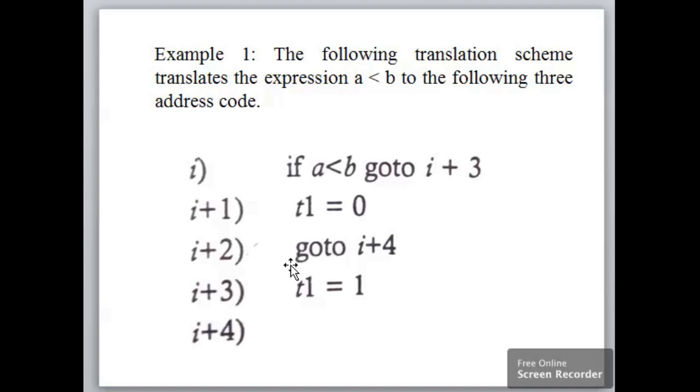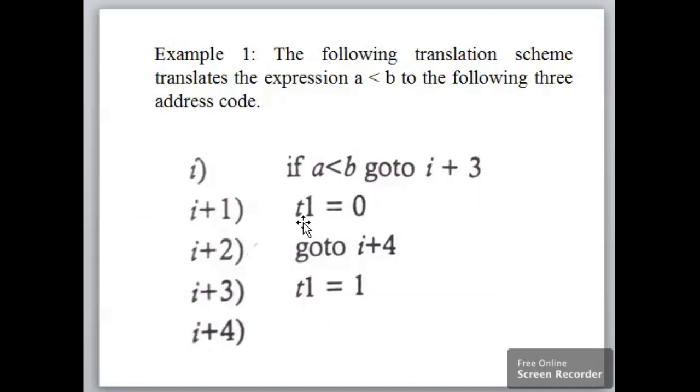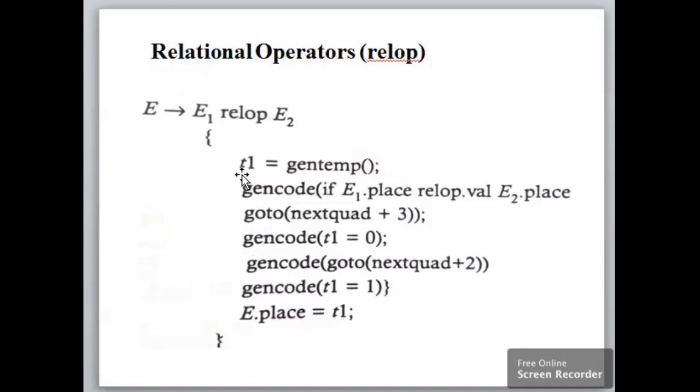Now, to see how this three-address statement is generated, we shall refer back to the translation scheme. I have a relational production of the form E can have the form E relational operator E. E1 and E2 represent the first and the second occurrence of E in the given production. If I compare with the code that has been generated, we may find that here a temporary variable t1 is generated. Obviously only t1 would be there, and it would have either 0 or 1 depending upon the true and false condition. The first statement would be t1 equals gen temp, a function that generates a temporary variable t1